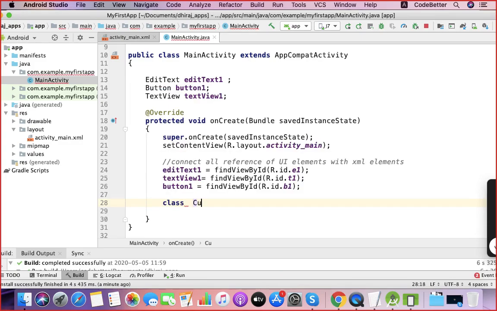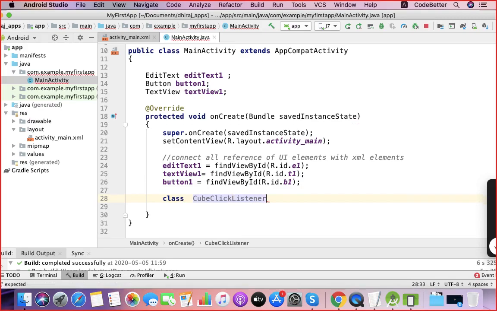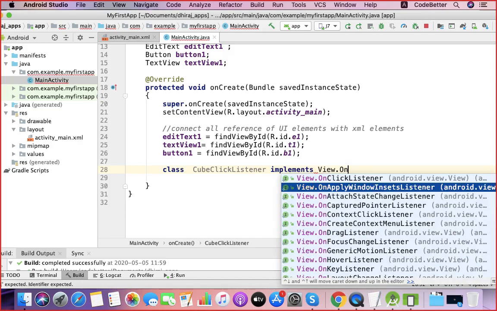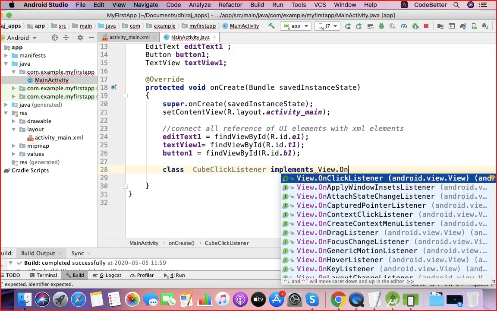Let's say the class name is CubeClickListener, implements View.OnClickListener. OnClickListener is an interface declared inside the View class.